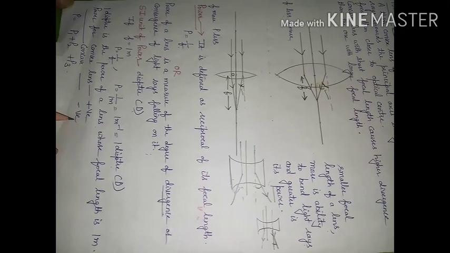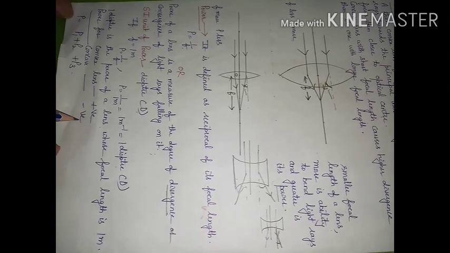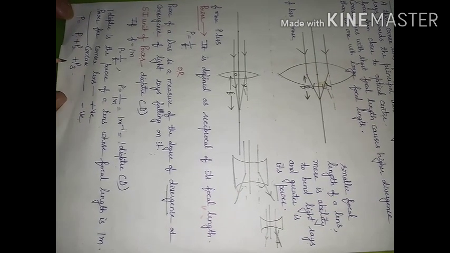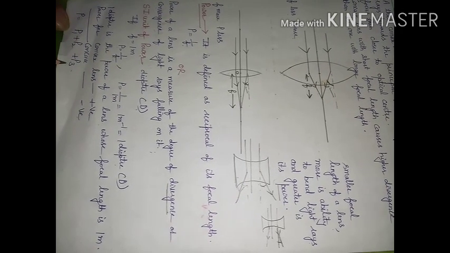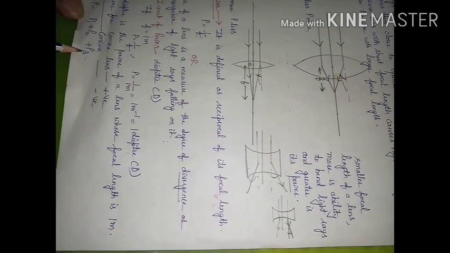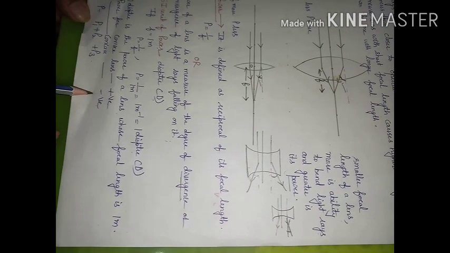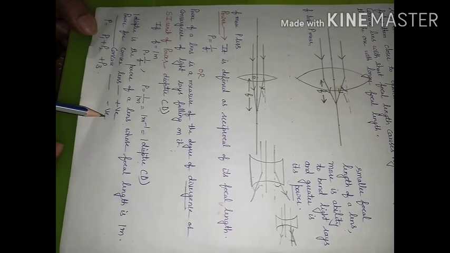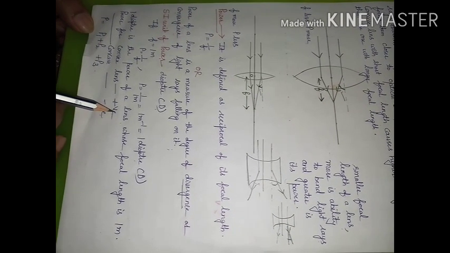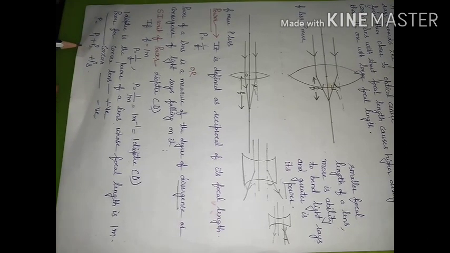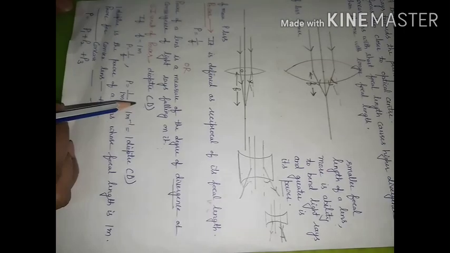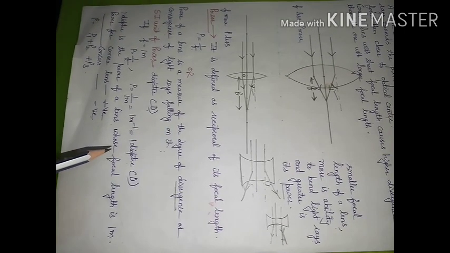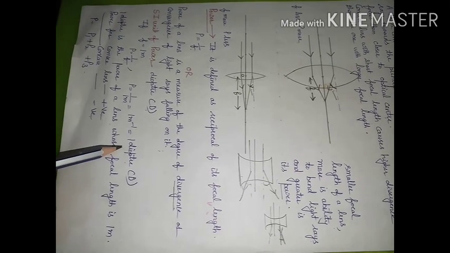If you have a combination of lenses and the distance between them is not large, then the total power of all the lenses will be P1 plus P2 plus P3, where you have to add them with proper sign consideration. For a concave lens, you will consider negative power. For a convex lens, you will consider positive power. So most of the time the question comes: define power, what is the SI unit of power, define that, and sometimes a 1 mark numerical can be there related to this. So, we will try a few numericals.